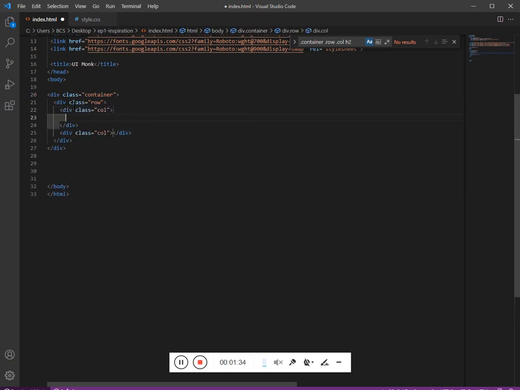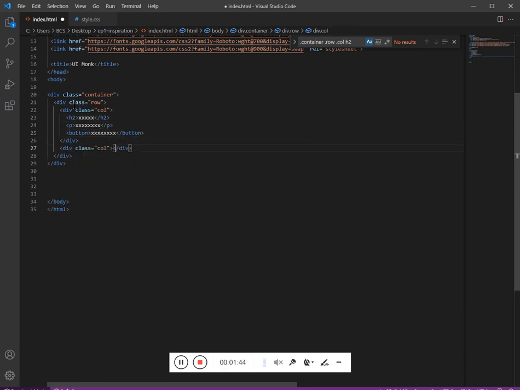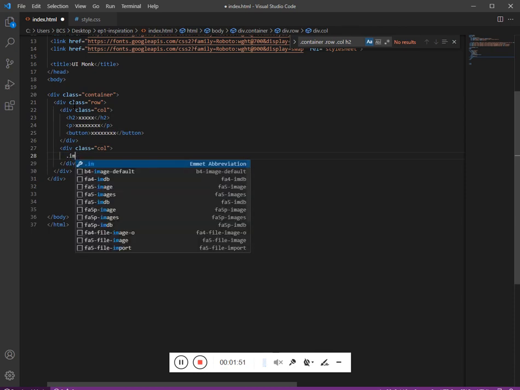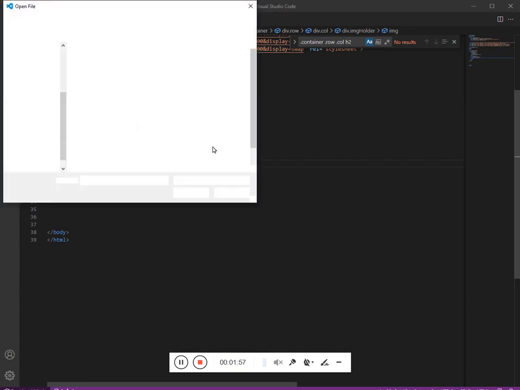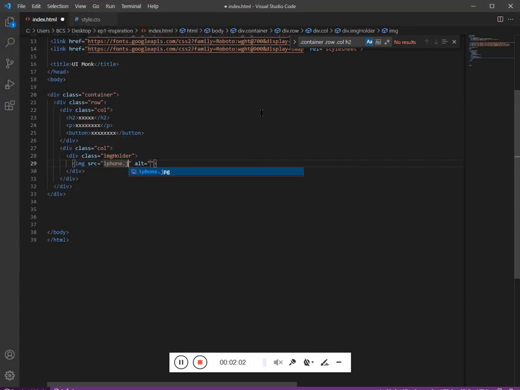For the first column we will have H2 some text, paragraph some text, button some text, and for the second column we need a class called image holder, and inside the image holder we need an image. And let's place this image, iPhone.jpg.